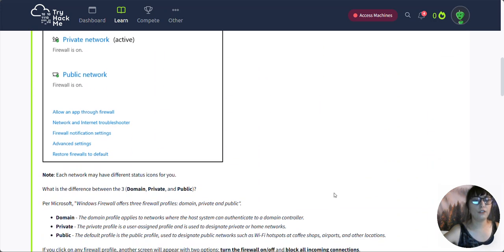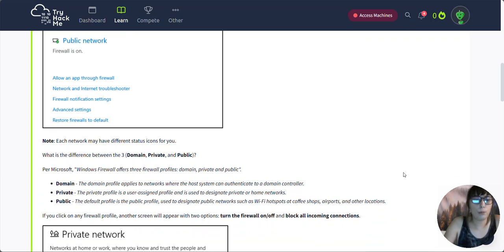Note, each network may have different status icons for you. What is the difference between the three, which are domain, private, and public? Per Microsoft, Windows Firewall offers 3 firewall profiles: domain, private, and public. Domain: the domain profile applies to networks where the host system can authenticate to a domain controller. Private: the private profile is a user-assigned profile and is used to designate private or home networks. Public: the default profile, is used to designate public networks such as Wi-Fi hotspots at coffee shops,